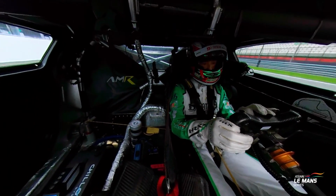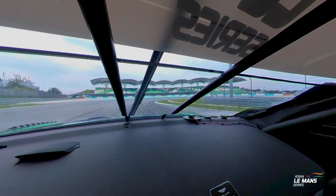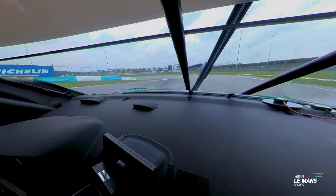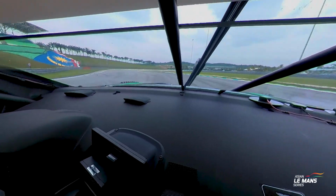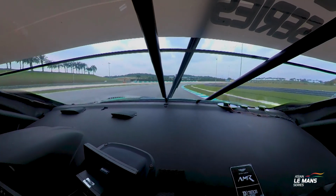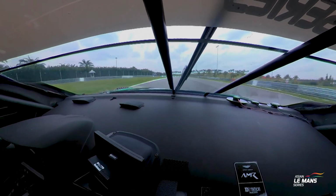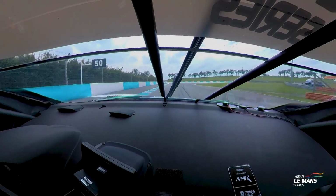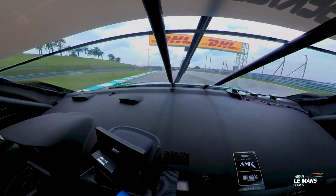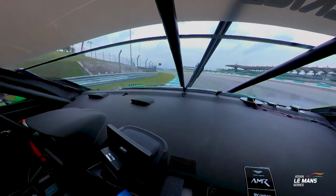Riding on board here with the Aston Martin Vantage GT3 here at Sepang. 15 turns coming down here into turn 1, hard on the brakes, ABS working really hard through turn 1, about 60 k's mid-corner. Then looking to flick it back left here for turn 2. Need to get a good run off of here as you drive up through this long sweeping right-hander through turn 3, winding away uphill into the brake zone into turn 4, which is aided by this elevation, hard on the brakes, have to spot the apex curb there on the right, then be careful of track limits here on the left, little bit of a bumpy exit curb there as you drop downhill here into turn 5,